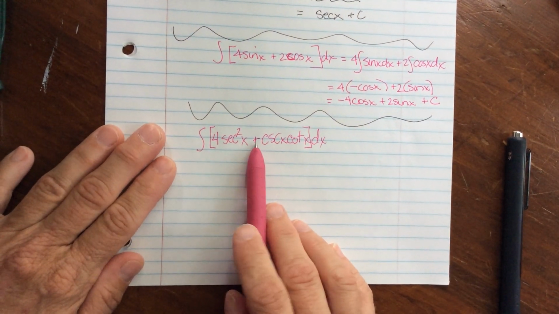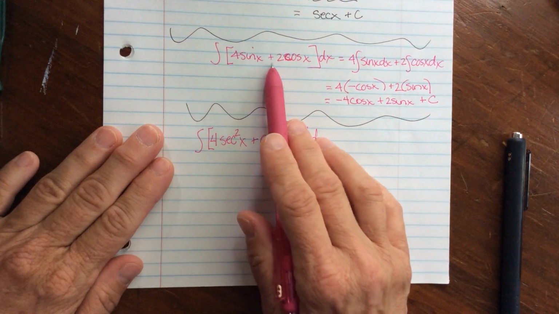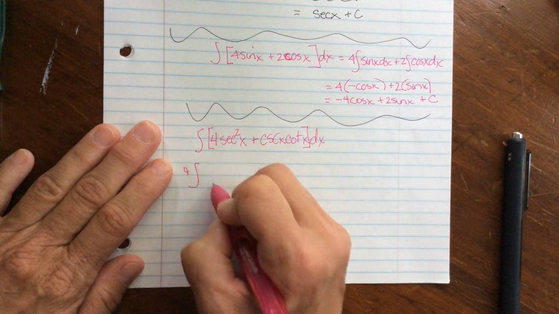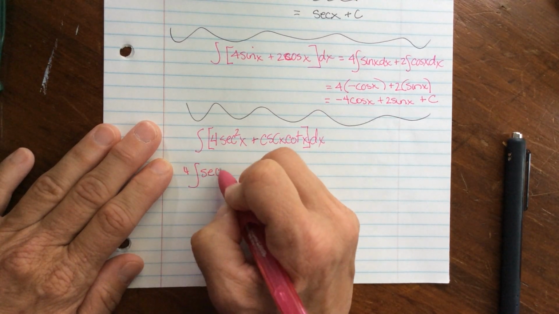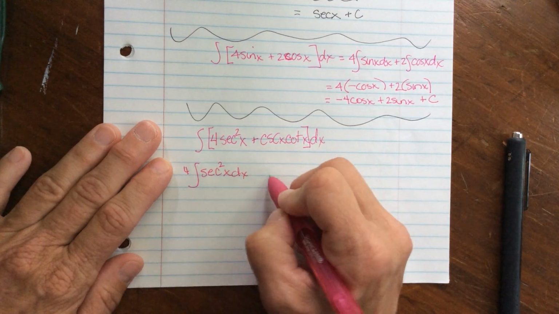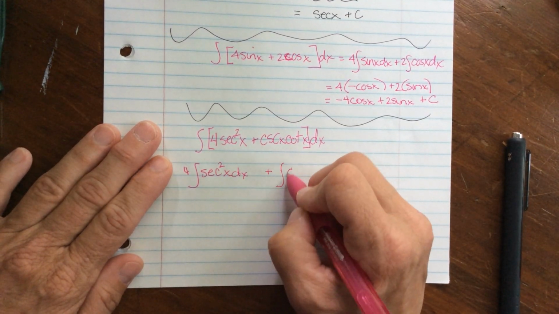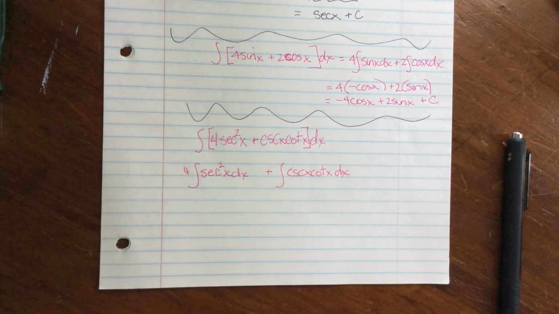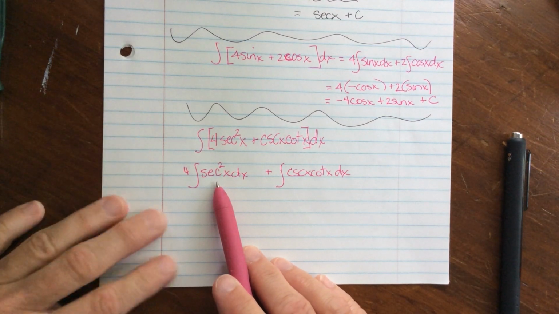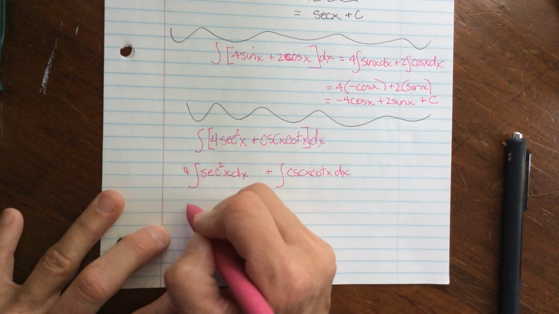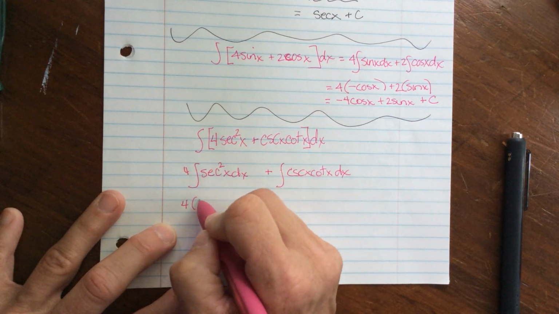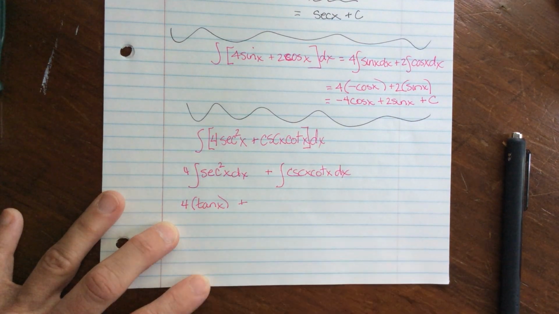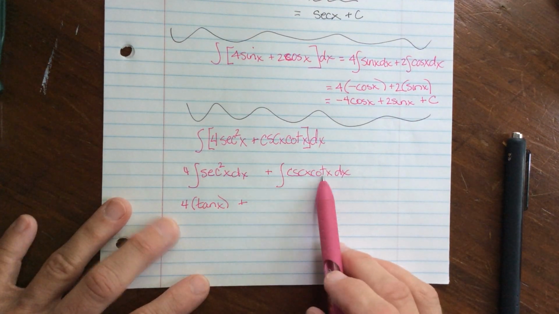And because I have a sum of 2 terms, just like I had here, I think I'm going to rewrite this as 4 times the integral of secant squared x dx plus the integral of cosecant x cotangent of x dx. Now, secant squared x has its own antiderivative, which is nice. That's tangent. So I'm going to bring down my 4, and I will multiply that by tangent of x, and then add cosecant times cotangent